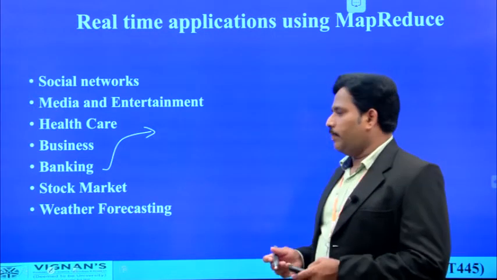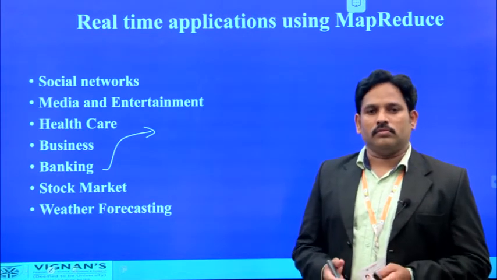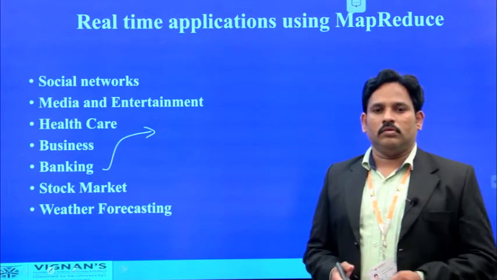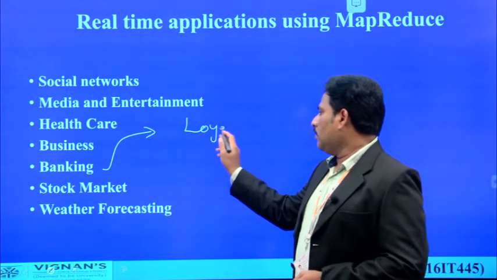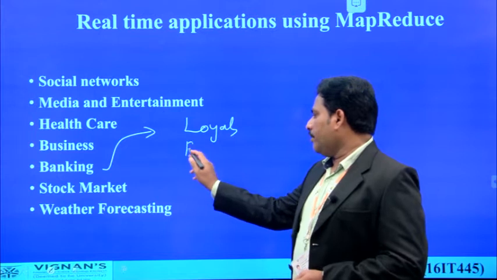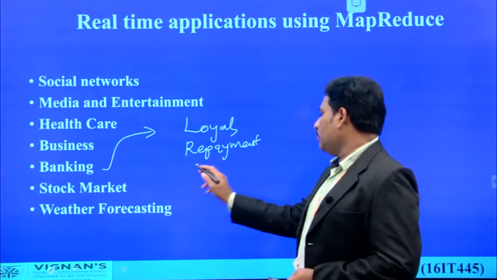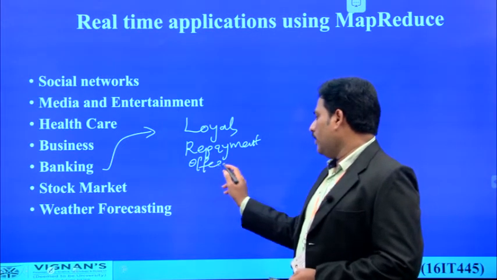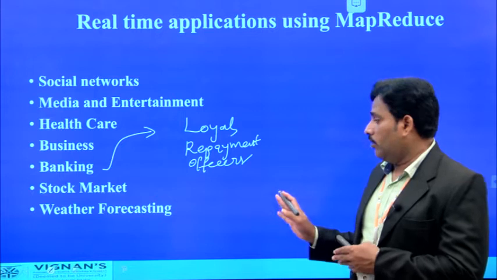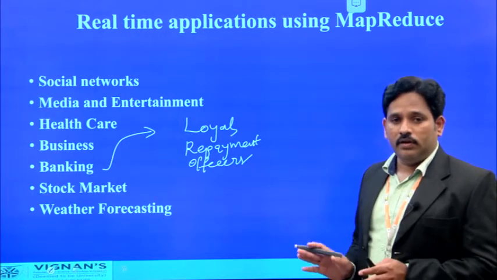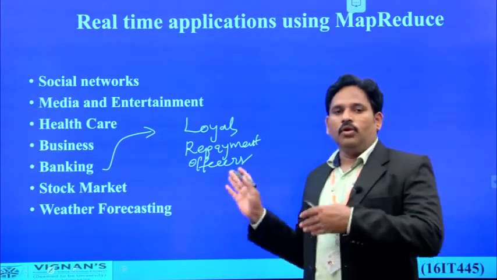Now, based on the past repayment information of a particular customer, they may offer a larger loan amount than to other non-repaid persons. That means, if any person is loyal to the organization or the company and he is making all repayments on time, they want to give a special discount or offers to those loyal customers. They are not giving this type of offer to all the customers of the bank. They are giving an additional benefit to all the customers who are paying the loan repayments on time.